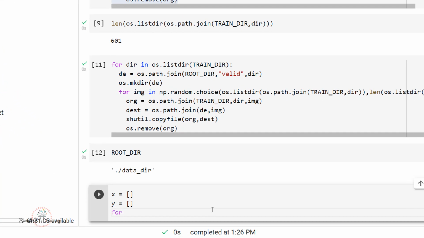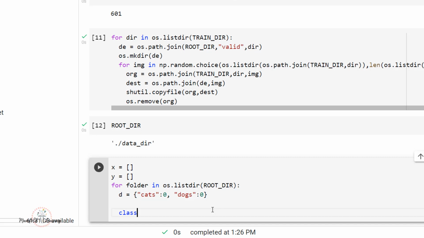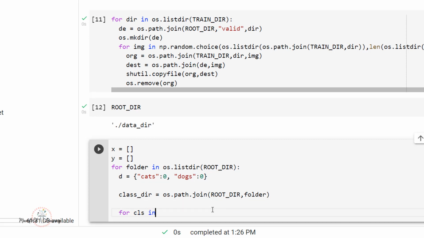Now after this, I'm going to write something like this. I'll say for folder in my root directory, I'm going to create a dictionary. I'll call it D, and in this dictionary I'll create a key as cats and initialize it to 0, and I'll create one more called dogs and initialize it to 0. Then I'm going to create class_dir as os.path.join of root directory comma folder. Then for cls in os.listdir of class_dir,